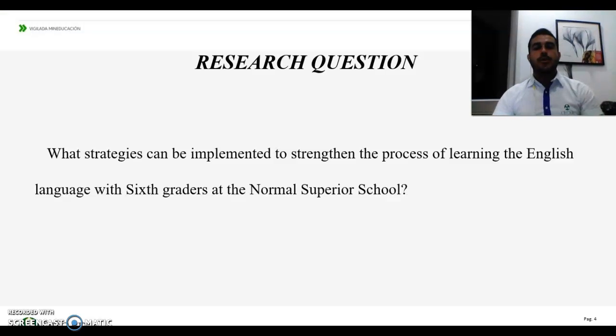Next. Research question. Well, this question is constructed in response to the problem of the project. In response to this, it is vitally important to create a dynamic work environment that generates an air of participation and obtains good results. That is why the application of recreational pedagogical activities are strategies supporting the learning process